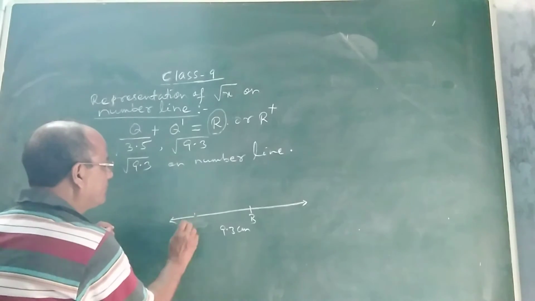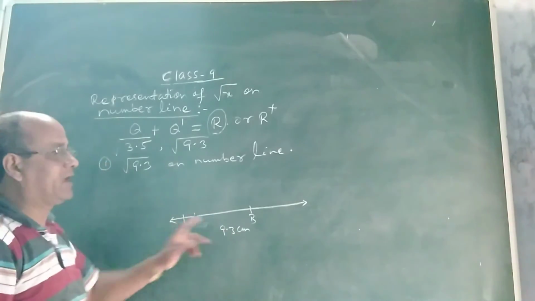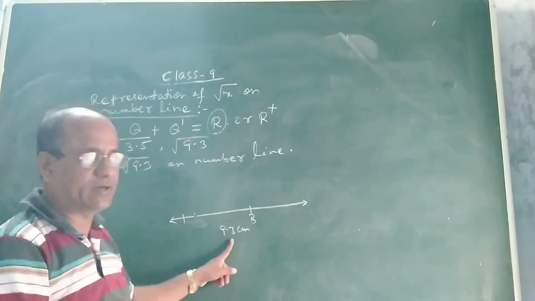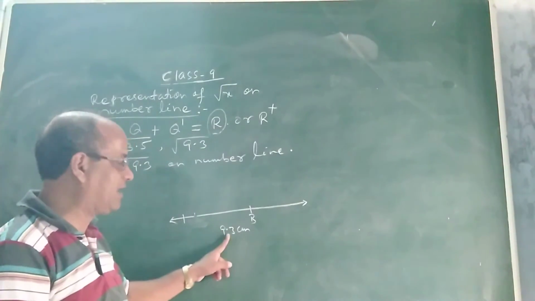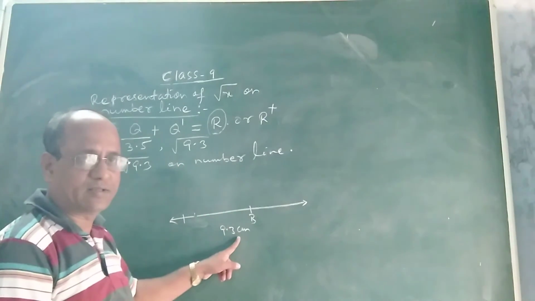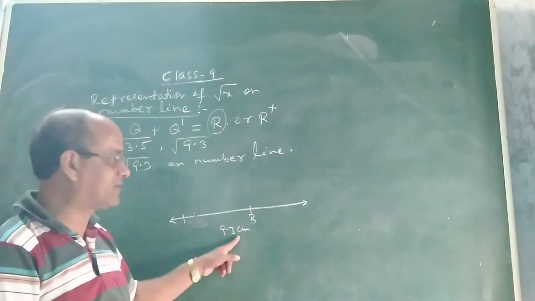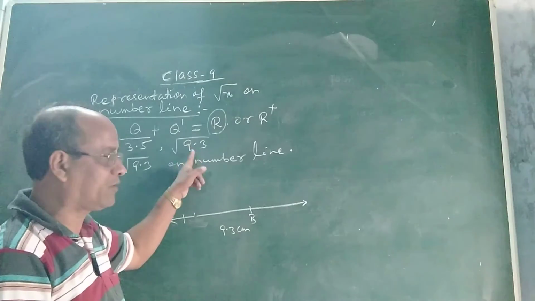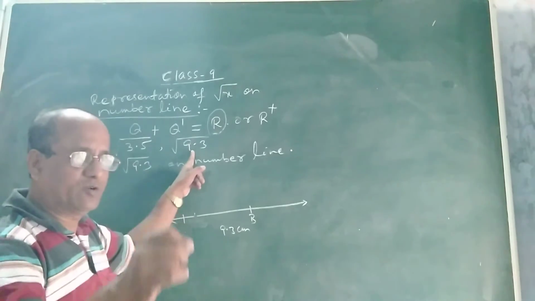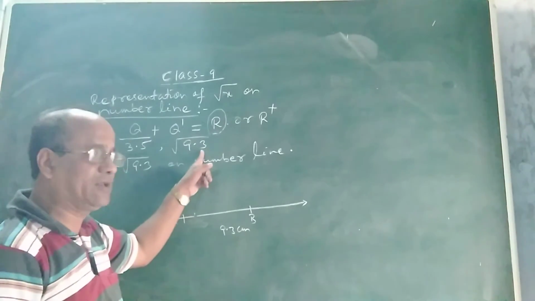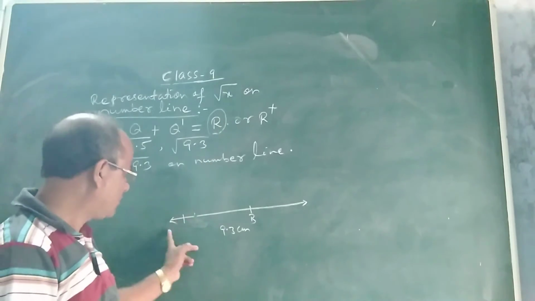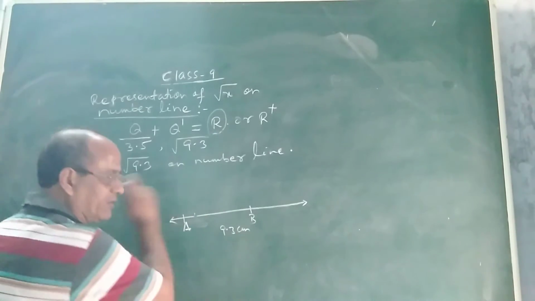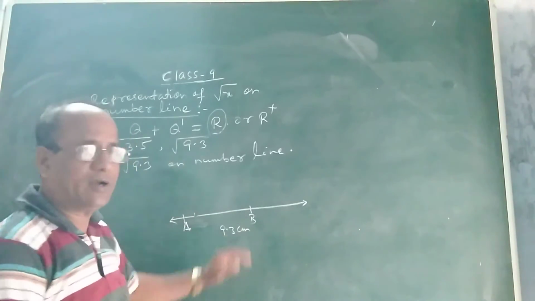You see, suppose AB equal to 9.3 centimeters. That means here we have taken 1 unit equal to 1 centimeter. If 1 unit is 1 cm, then 9.3 units will be 9.3 cm. So what is the first step, children? Try to understand. As we want to represent the square root of 9.3 on the number line, which is a positive real number, suppose you assume that 1 unit equals 1 cm, then 9.3 units will be 9.3 cm. Now drawing a number line, take AB equal to 9.3 centimeters. Okay, what is the next step?